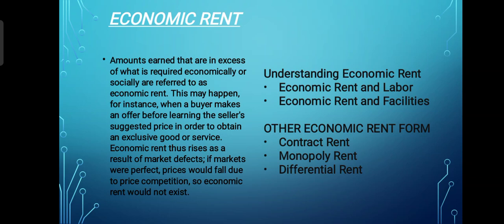Other economic rent forms. Other forms of economic rent include information asymmetries, in which an agent derives excess profits from having information not provided to the principal or the rest of the market. Then there is contract rent. It refers to a situation wherein there is a mutually agreed upon deal between two parties, but external conditions change over time, granting one party unequal benefits, usually at the expense of